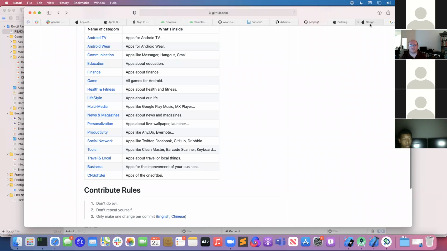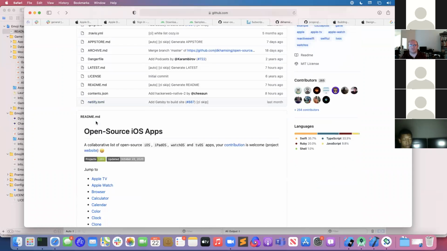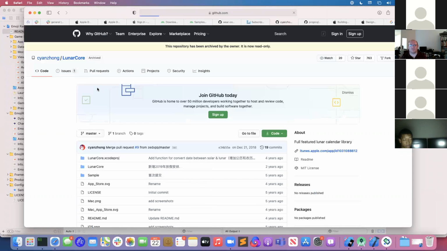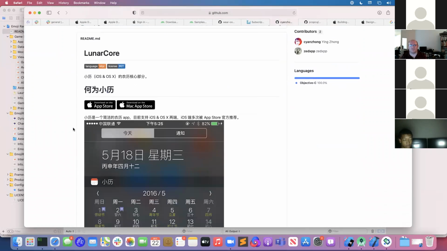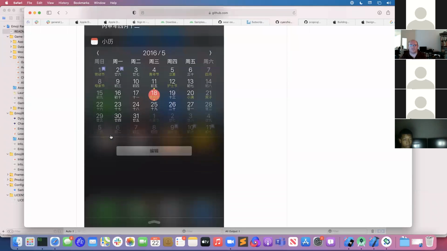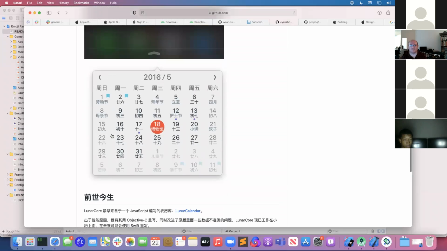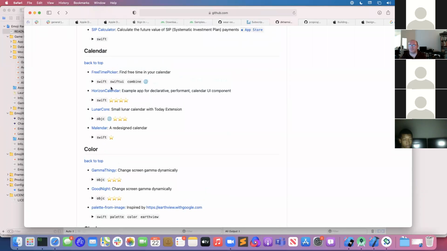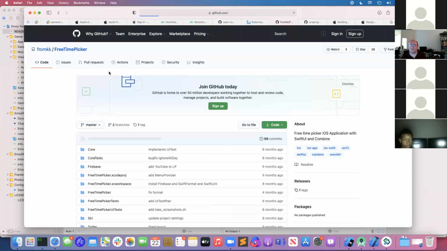types. For the iOS library here, for example, if I scroll down, if I wanted to build, let's say, a calendar application, here's a lunar calendar called Lunar Core. This one looks like it's a little bit old, 2 years old. But this has a lunar calendar with widgets that I can build and have built into iOS. This one's in Chinese, so it's a bit difficult for me to understand, but here's one called Free Time